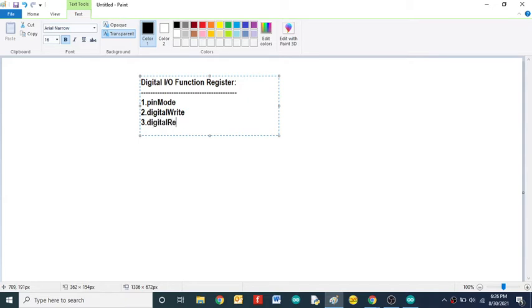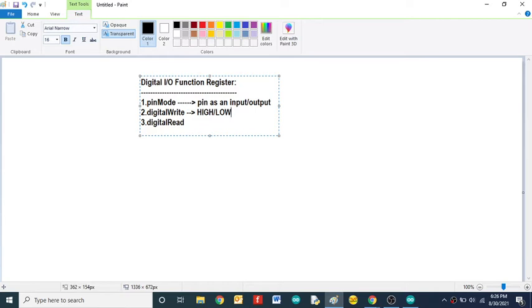Right. Okay, fine. So then what is the use of pinMode? pinMode is used for input output configuration. It is used to set a particular pin as either input or output, right? Then digitalWrite. digitalWrite sets the specified digital pin to high or low. So it will basically provide a high level signal or a low level signal.